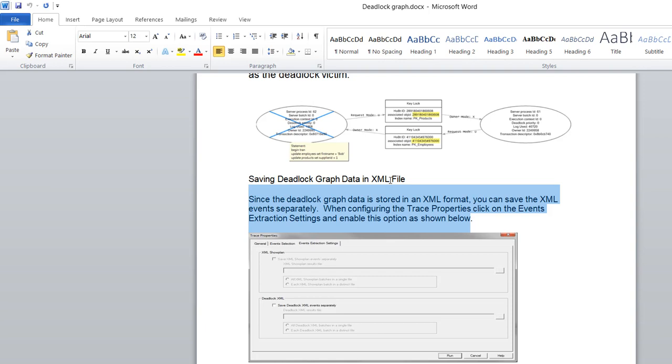Suppose at 10:30 p.m. every night you are getting a deadlock high alert. So suppose you enable the profiler trace during that period and you save it, and later you can use this graph analysis and all for further analysis to resolve the deadlock query, right?